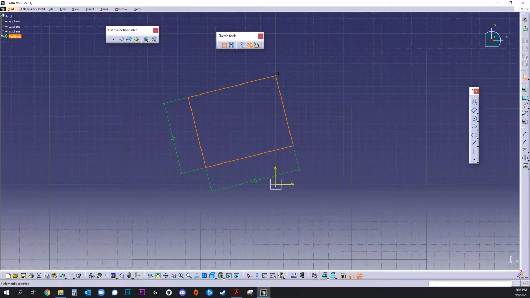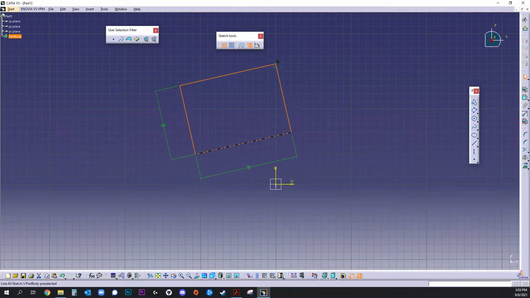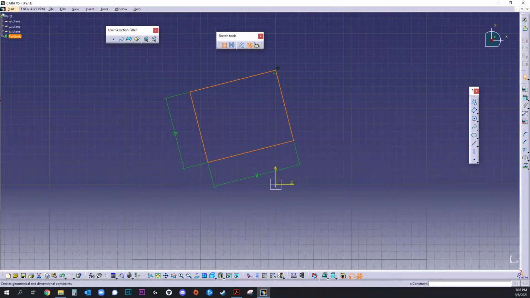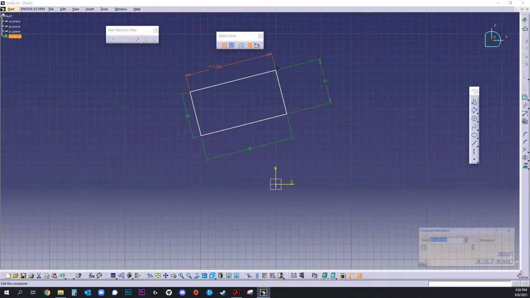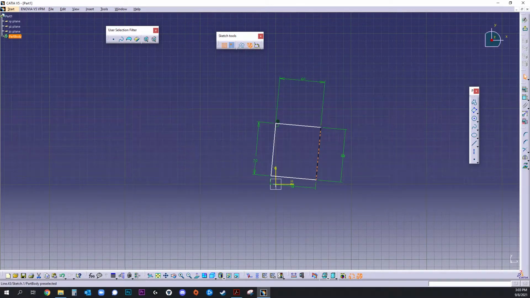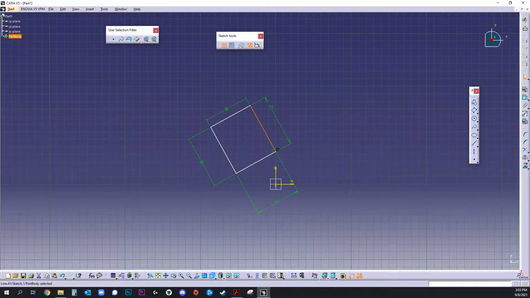Okay, and now you can see that I can modify its dimensions when I drag it. I will press the constraints command, and for each side I will introduce the desired value for my segment. So let's say 60 with 70. Okay, and now for example, if I want my rectangle to be at a certain angle oriented,